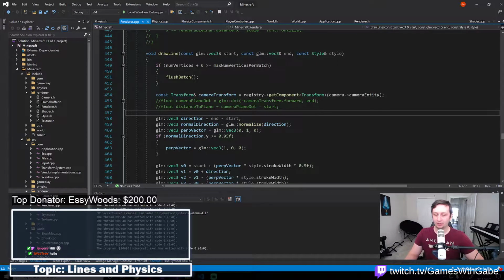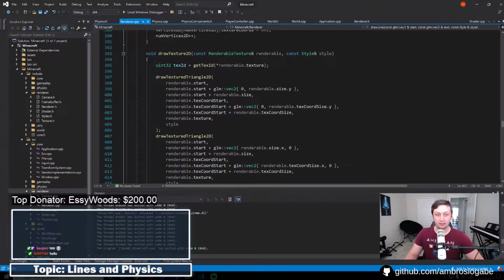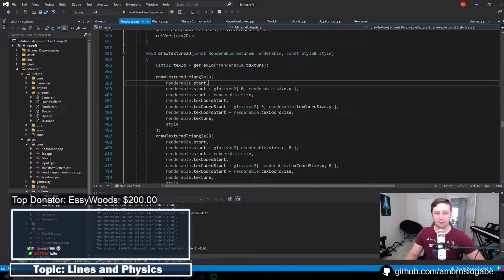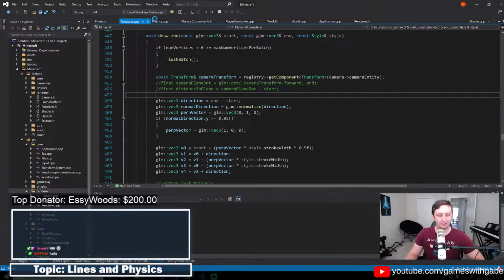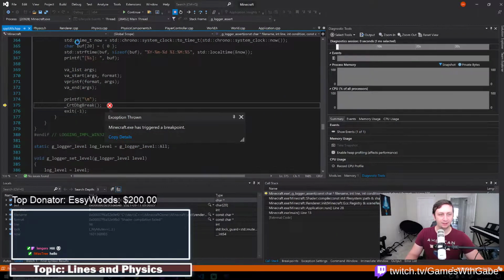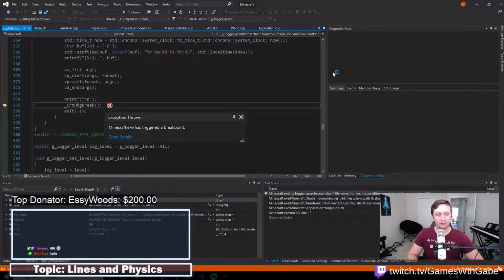Basically what I've worked on off stream this past week is getting some pretty simple render stuff going. I have this renderer which has 2D stuff done pretty well because I just pulled all of it from the math animations library, but doing 3D stuff always makes things more difficult. The problem I'm currently having is when I'm trying to draw lines in 3D space, and I think I did not close that last time. So when I'm trying to draw lines,